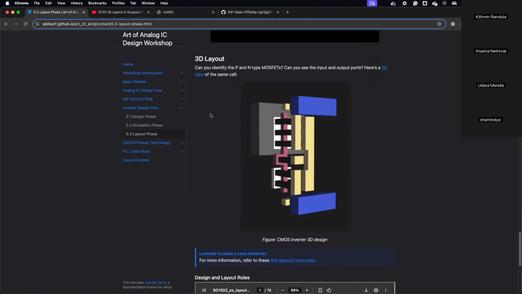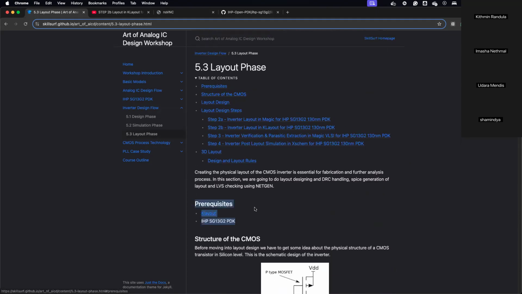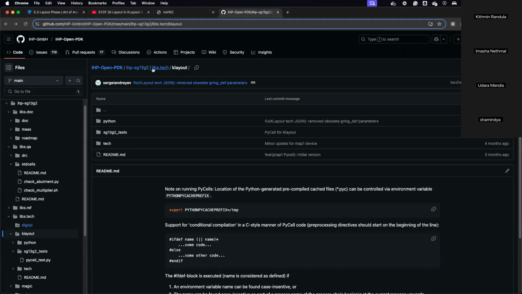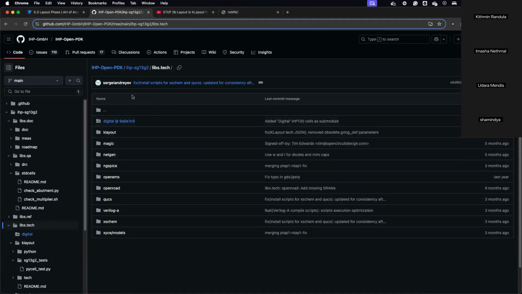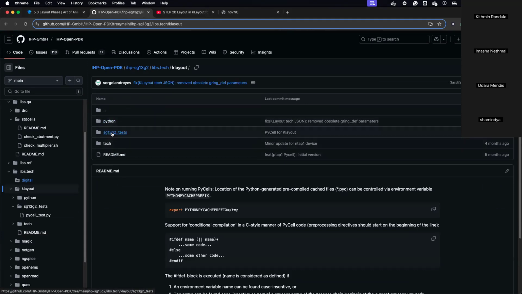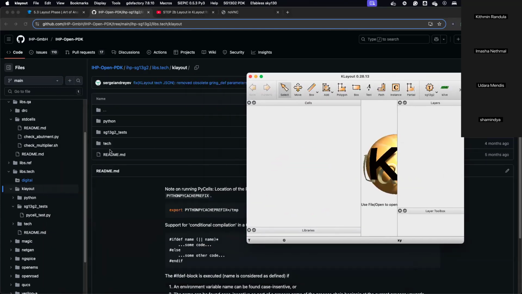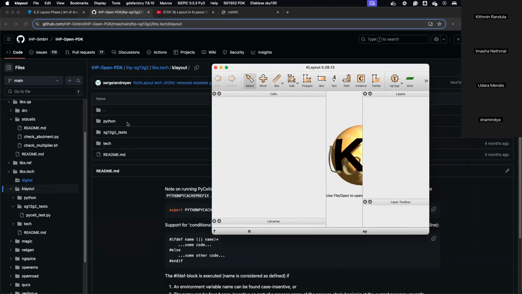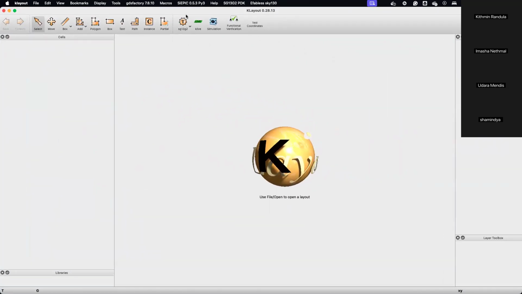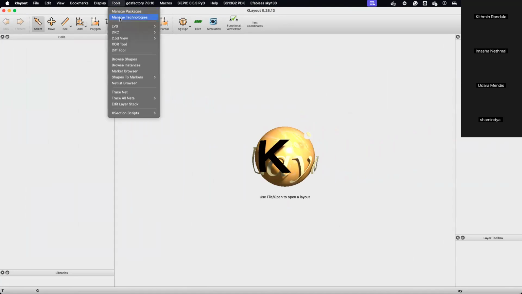So I'm opening KLayout now. You just need two things for this to work. You need KLayout and you need the IHP PDK. In the IHP PDK, this is the IHP PDK GitHub repository. When you go to the IHP PDK, you'll find that they have a folder called KLayout. And here they have files called Python, technology, and these tests. What you're interested in is getting this technology file installed in KLayout. So one way to do it is, in KLayout, you can go to tools, manage technologies,